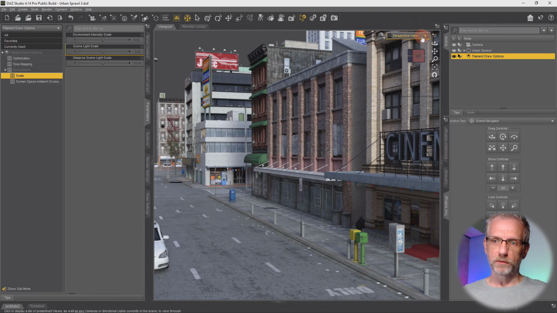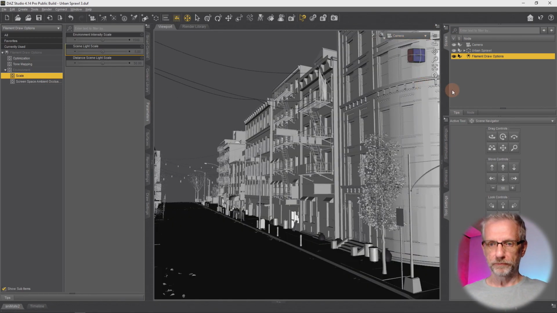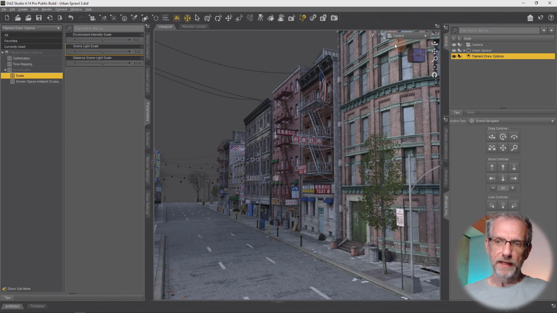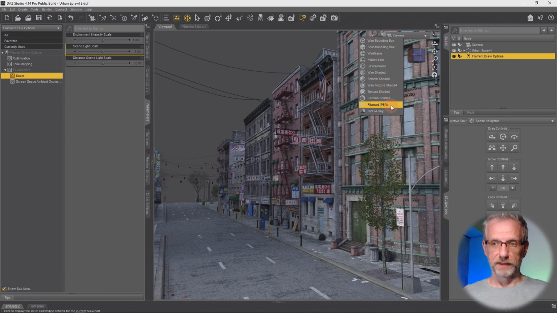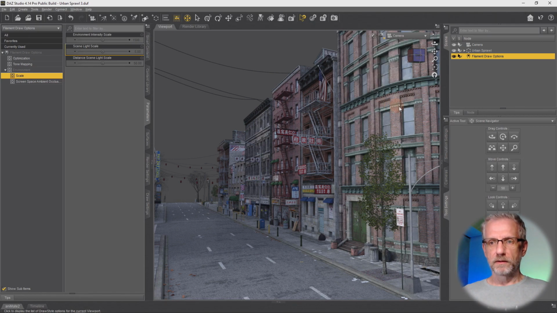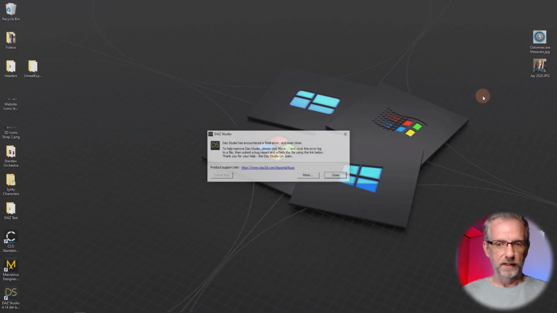I'll go and switch this to my camera. Here's what it looks like. And if I now go and switch my viewport over to Filament, watch what happens. The look and feel of the scene is completely going to change. Things are going to look a lot more blown out, and actually DAZ Studio has crashed. That's what happened. That's not so good, is it? So I'm going to have to go and